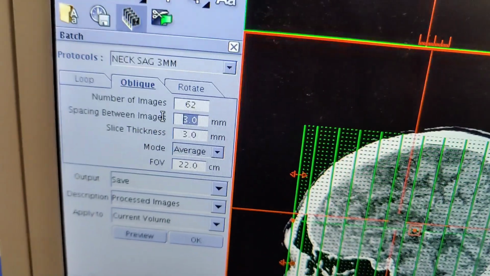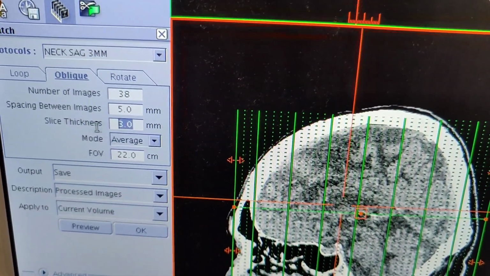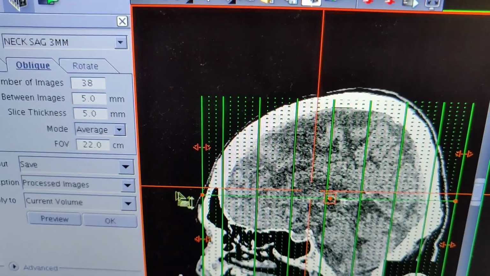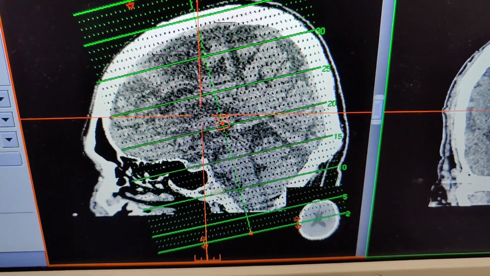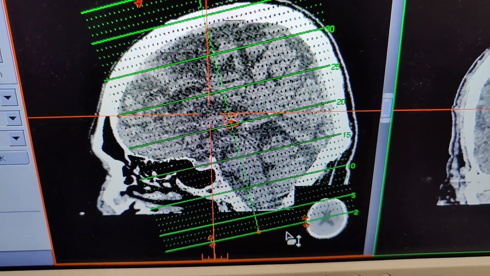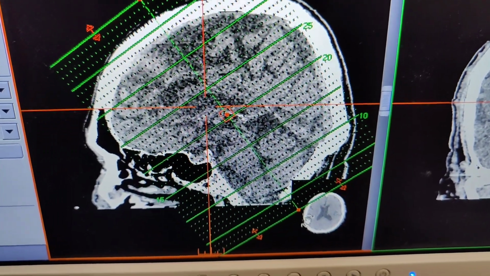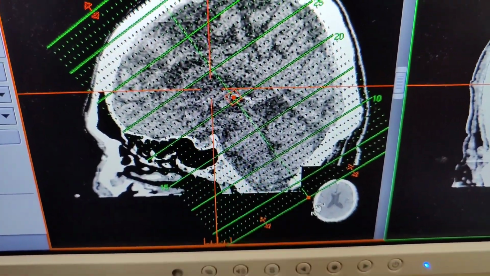So normally it's 5x5s, depending on your facility, 3x3 or 5x5s. So there's this bone right here. You see this bone? We're gonna work off of that bone. If I go perpendicular to that bone, I'm gonna get,